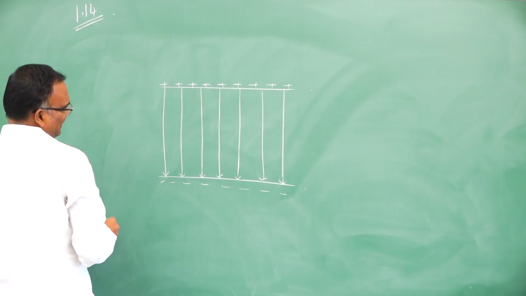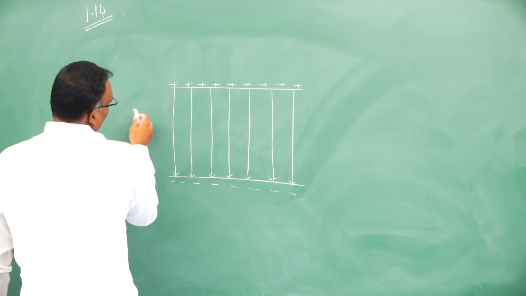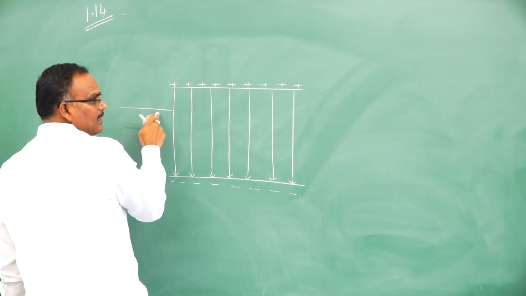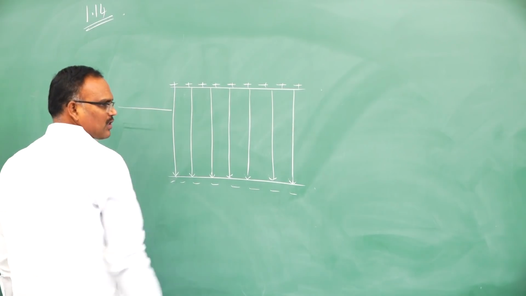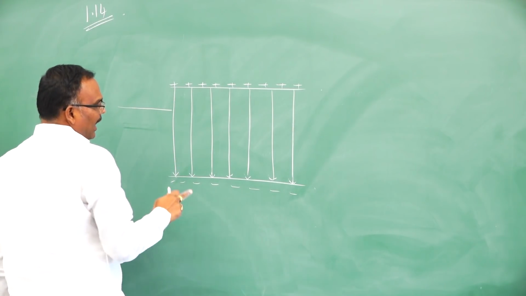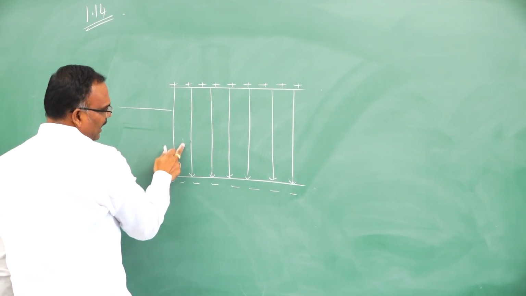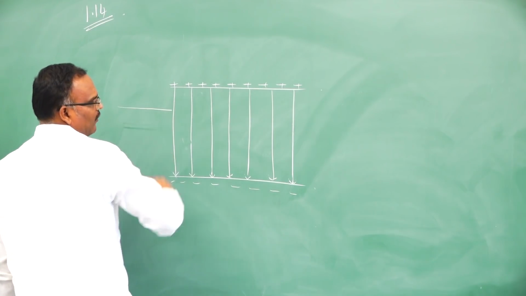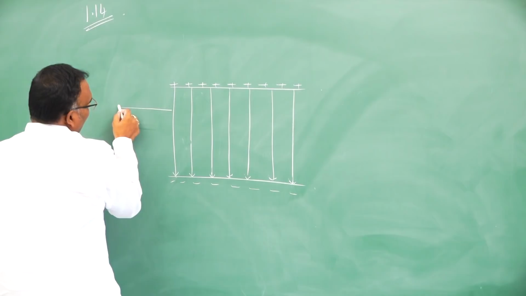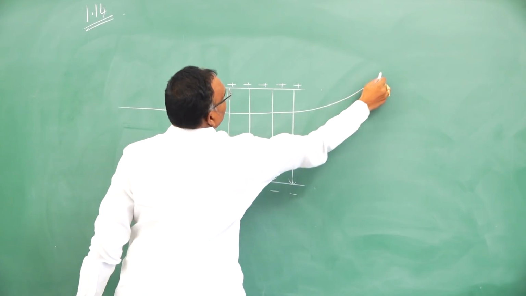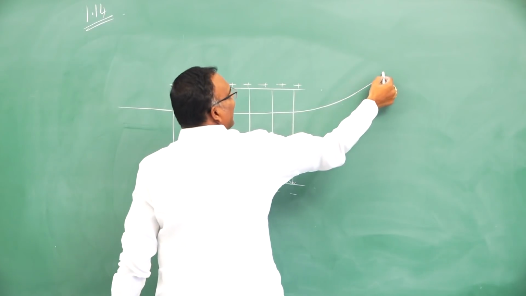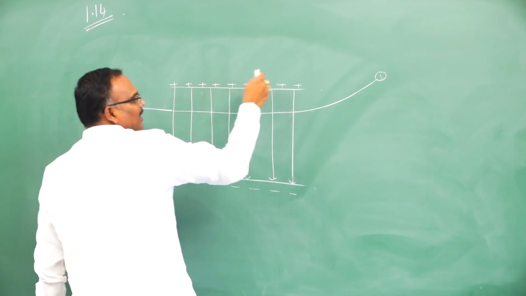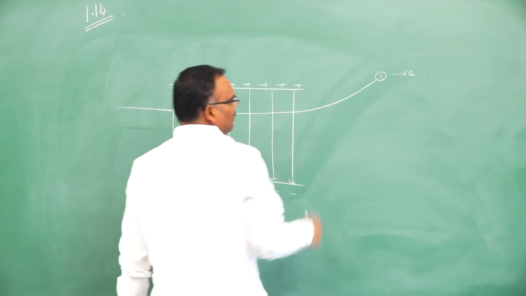Now three charged particles are moving in this direction. So when a charged particle enters a uniform field, the charged particle starts experiencing force. A positive charge experiences force in the direction of the electric field. A negative charge experiences force opposite to the direction of the electric field. For the first charged particle, they have given the direction like this. That means it is deflecting this side. That means the positive plate attracts the negative charge. That means the first one is a negative charge.